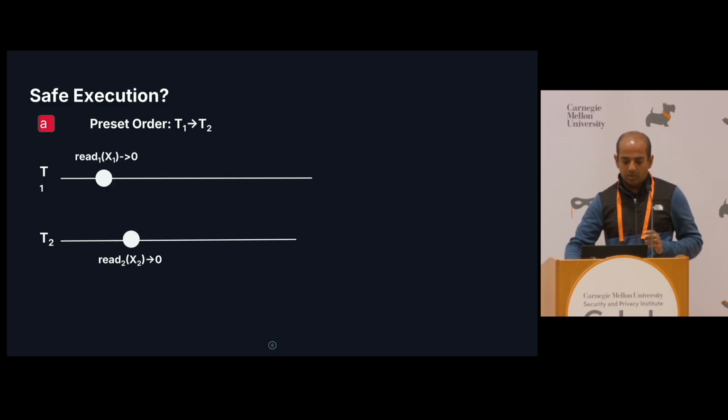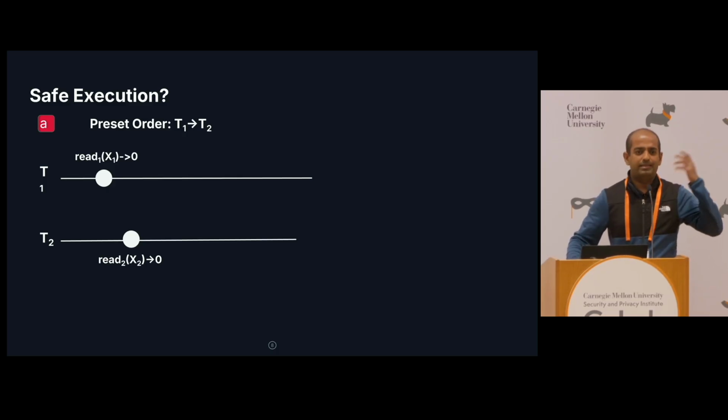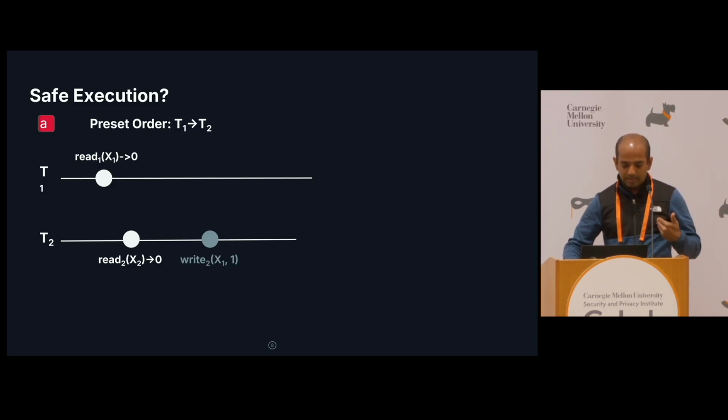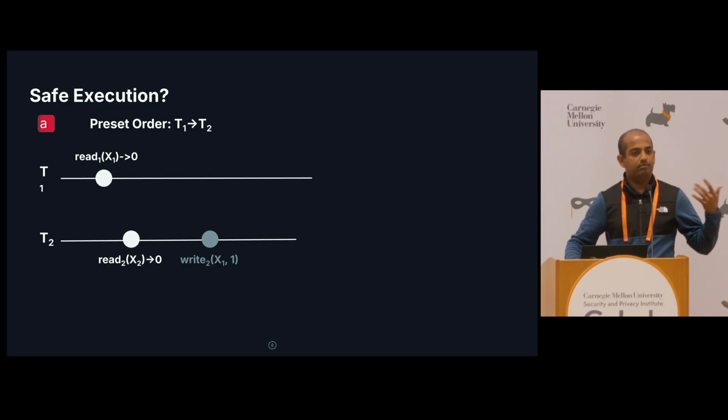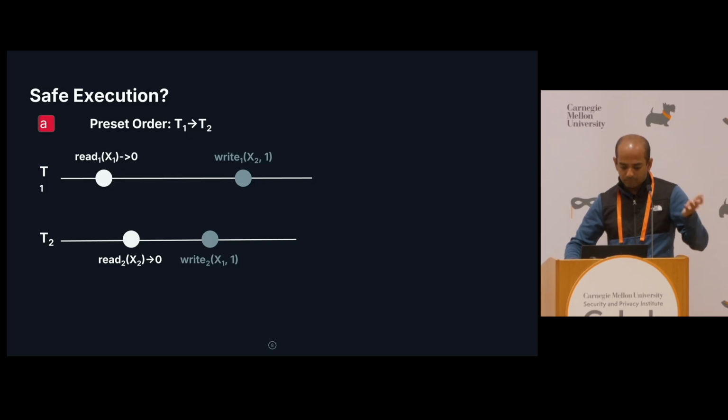In this case, transaction T1 is trying to read some account X1. Let's imagine the initial value of this account is 0. And then transaction T2 comes and it's trying to read the state of an account X2. Let's imagine that its value is 0. And then it's trying to write to an account X1, and then transaction T1 is trying to write to an